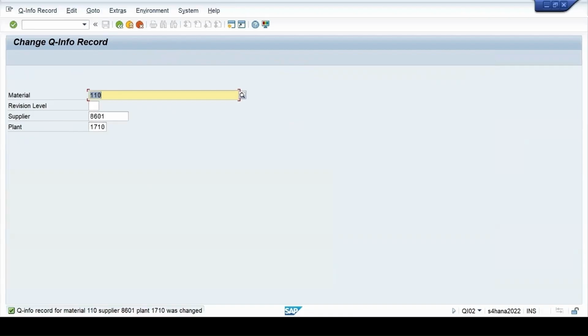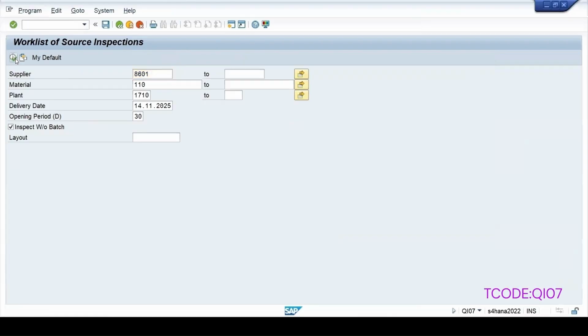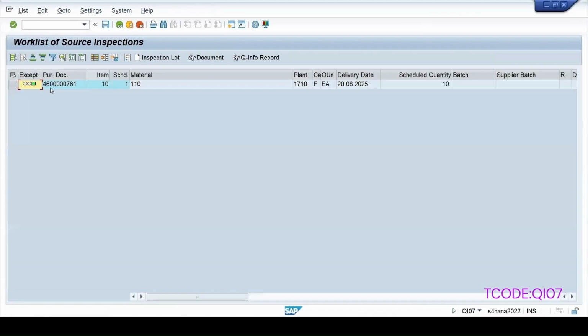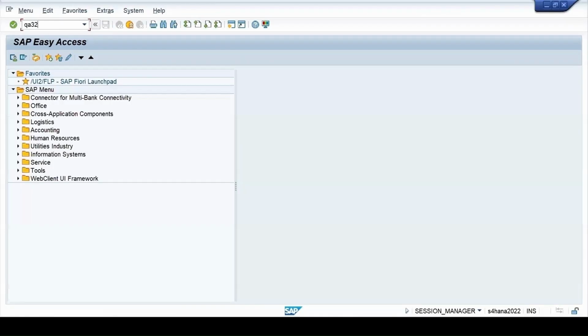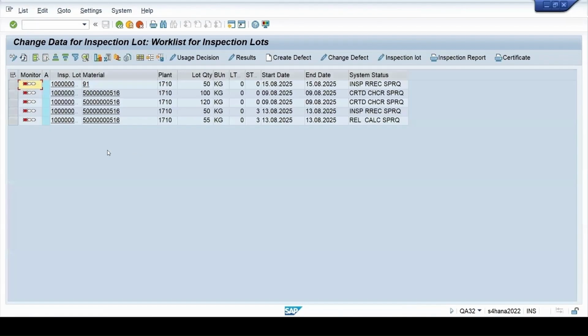Now I have done the changes and we will go to the work list and then click on execute. See, because I have maintained in the quality info record that I want the 0101 lot to get triggered. Let me open QA32 also. And if I specify my origin, let me execute it. 110, there is no lot for the material.